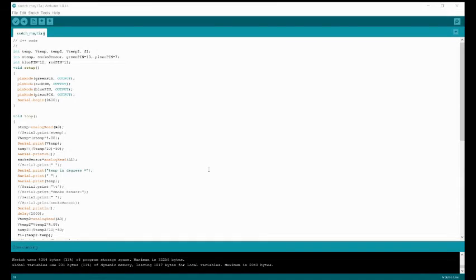Here is the code that I used on Tinkercad, and now I'm going to compile it, and it says done compiling. I believe there are no errors in it,